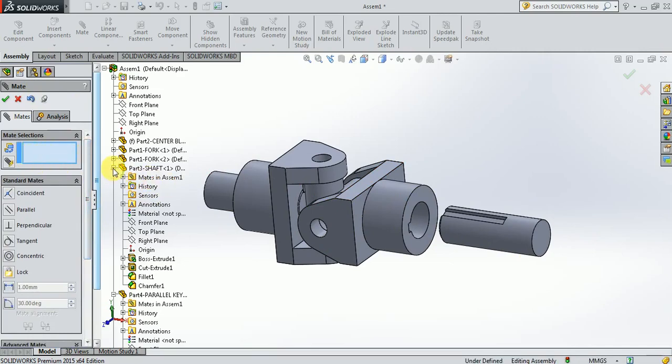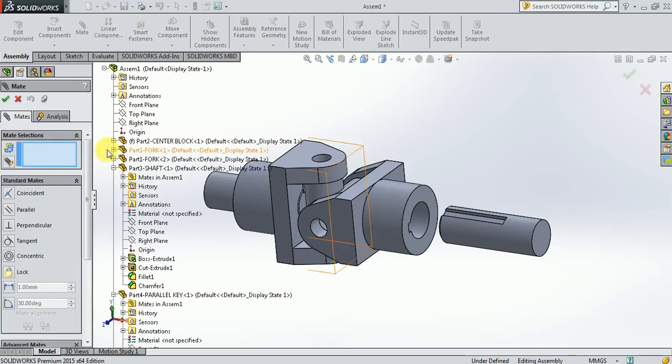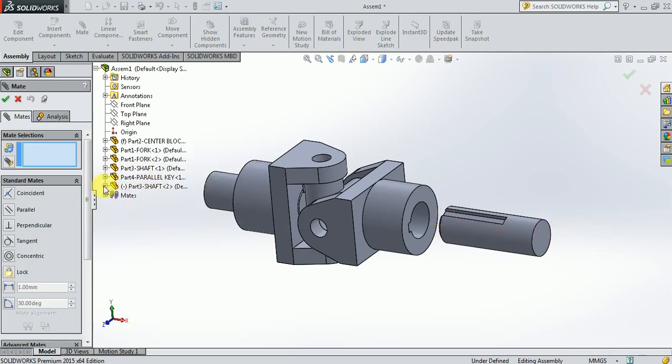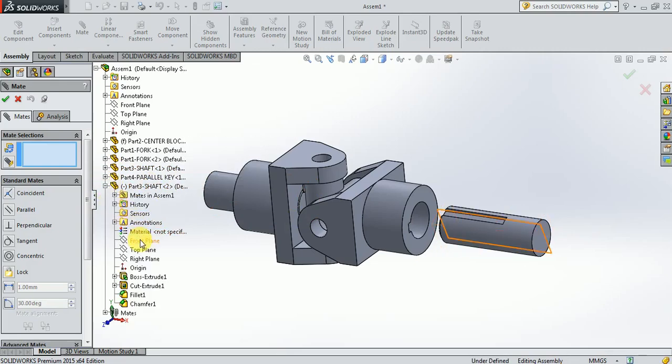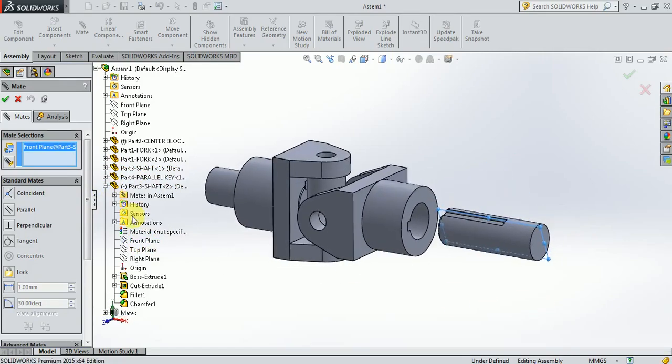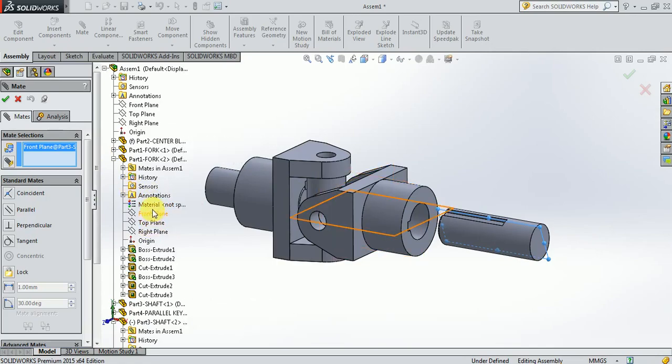Now I will go to the mate, and here let me select shaft number 2. For the shaft number 2 I'm going to select the front plane. So the front plane of the shaft number 2 has been selected here, and then I'm going to select, with respect to this fork, that is the fork number 2, the front plane again.